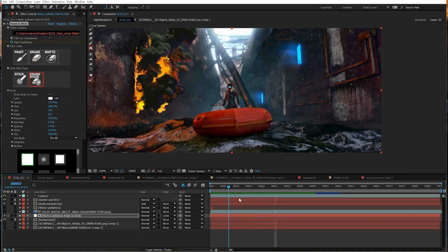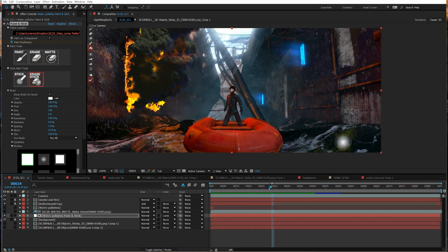So playing back through this, I found one part that doesn't look so good. This part right here. I want to show you a trick. Normally we would just erase this part here and then retexture over that same spot, but let's say we want to be really lazy about this. To save time and do this as fast as possible, we could just create a matte over this part and